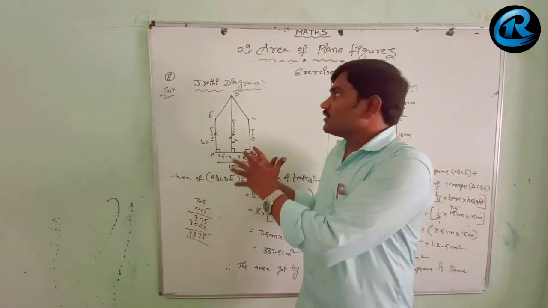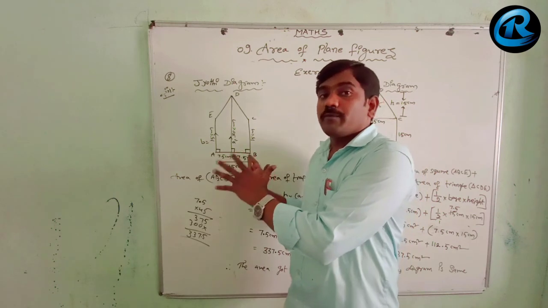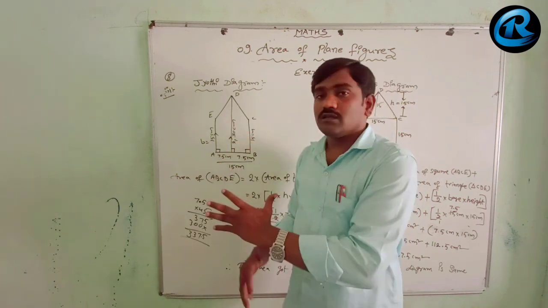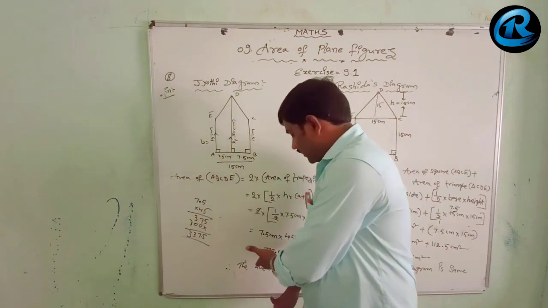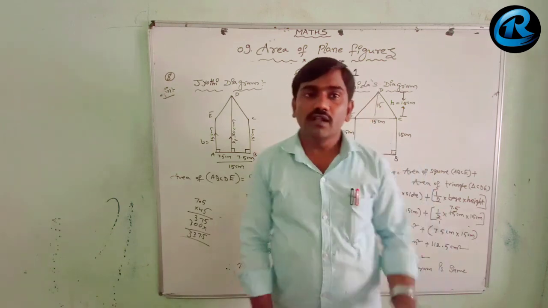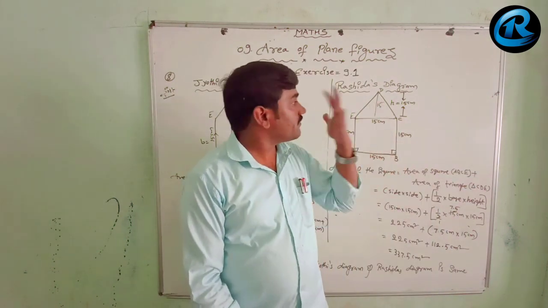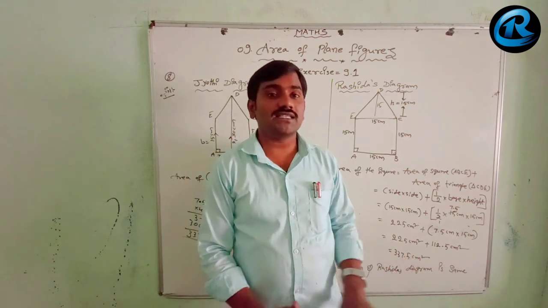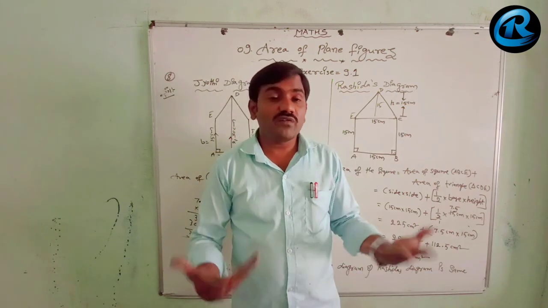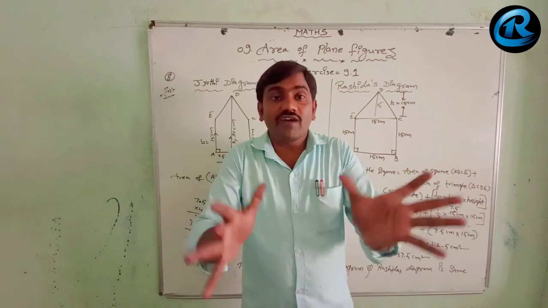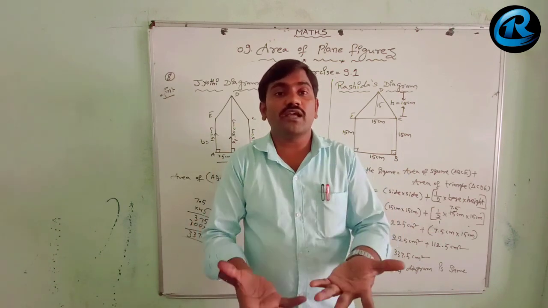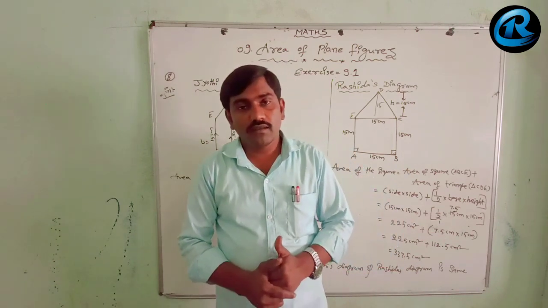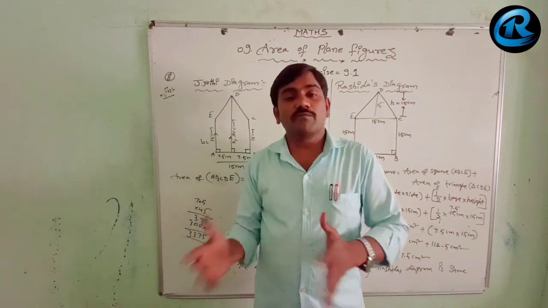So here Jyoti divided the pentagonal figure into 2 trapeziums and she got the area 337.5 centimeter square. Here Rashida divided the same area into 1 square and 1 triangle, even though we got the same answer. So here we can understand that the area will remain the same if you go for any method to find out the areas. Okay, in a particular formula, any formulas.